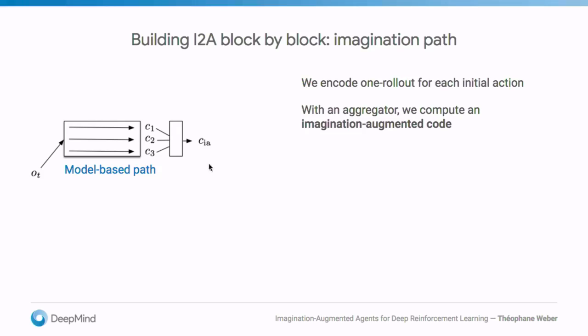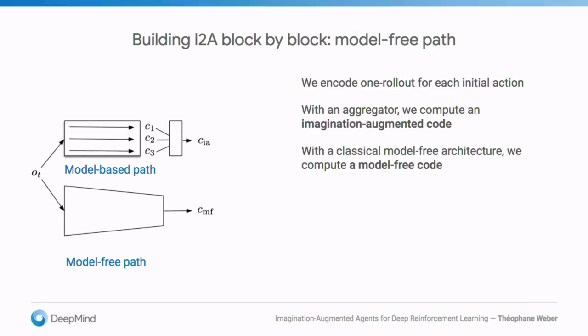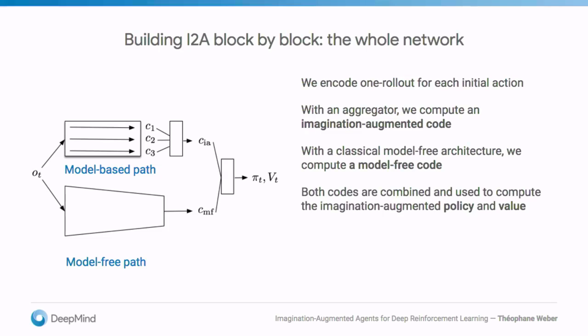So now this Imagination-Augmented code has some information about the observation, but it's pretty distant, and the model could be bad. So to make sure that this is not an issue, we also add a model-free path, which is any kind of classical model-free architecture that you may want to use. In our case, a convolutional neural network. Now you have 2 codes. One is model-free, in a sense, and the other is Imagination-Augmented. We combine them and extract a policy that we're going to take actions from and a value. And this is going to be a regular policy network, in a sense, which is going to be trained using classical policy gradient method, in our case, advantage actor critic, or A2C.